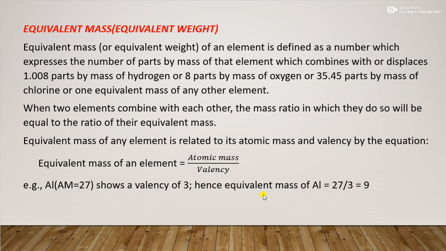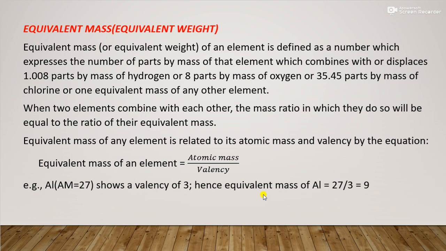Okay. So what is equivalent mass? Simply, it is defined as the number which expresses the number of parts by mass of that element which combines with one equivalent mass of any other element. It may be hydrogen or oxygen or chlorine or any other element. So we have to consider equivalent mass as the number which expresses the number of parts by mass of that element which combines with one equivalent mass of any other element. Whatever be the element, that is hydrogen, oxygen or chlorine, it must combine with one equivalent mass of that hydrogen